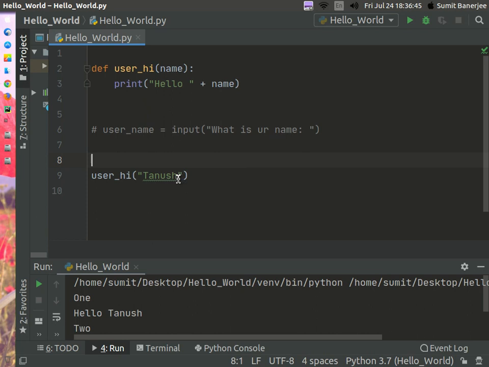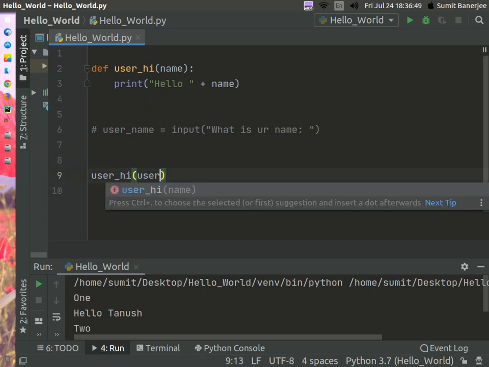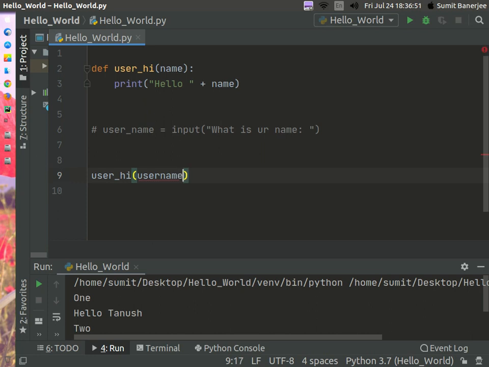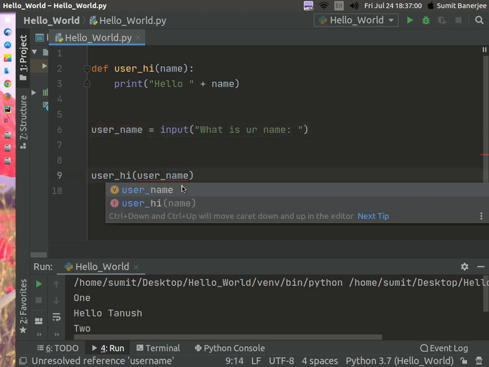So this is how the functions execute, and then instead of this we can just type here username and remove the comment here. It has an underscore here.